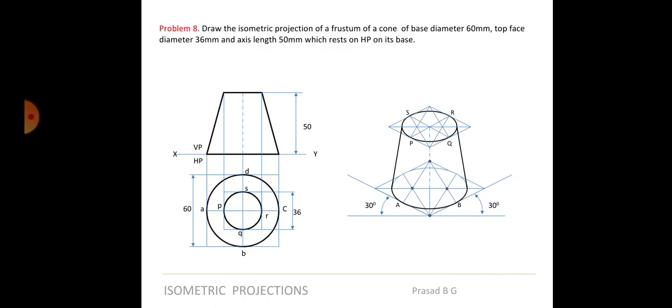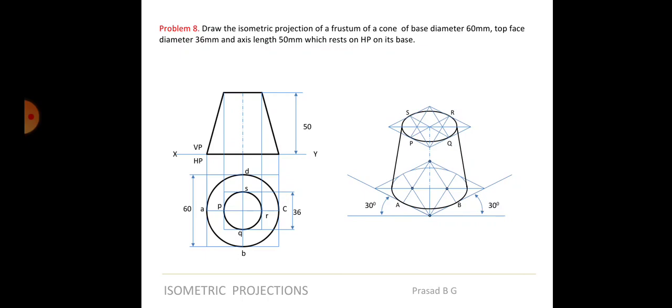Others, please try to finish it as early as possible, and please start with the isometric problems, because when we do this video, when we listen to that, and if you immediately start doing it, it will be in line. You will be following whatever I'm saying. And if you're not doing it now, when I'm doing isometry here and you're still doing solids or planes, then it doesn't make any sense. So please complete your solids as early as possible and submit all the problems, and then start with the isometric problems. So for today, yes, these 2 problems, frustum of a cone and hexagonal prism, are your assignment.